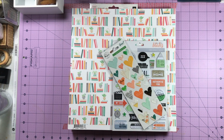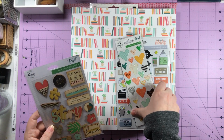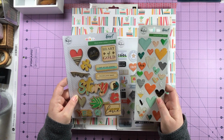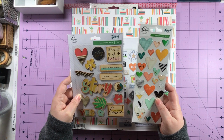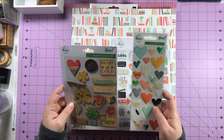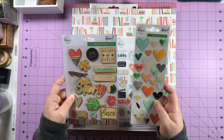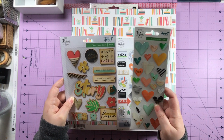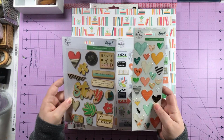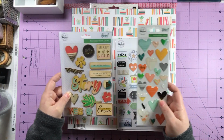Okay, next up we have some things from Pink Fresh Studio. So I purchased two pieces of embellishments from the line Let Your Heart Decide, these epoxy heart stickers and then these wood veneer stickers. I just think they're gorgeous. I have some of these pieces of paper in my wild hair kit that I purchased a couple of weeks ago. So I can use it with that, and also these colors are very usable, so I can just use it as just embellishments throughout my